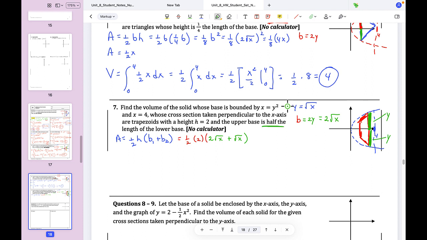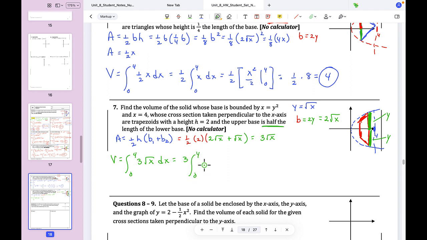Okay, let me just double check myself now. 1/2 the height is 2. Okay, base 1, so from here to here is y, so I need 2y. Y is the square root of x, so it's 2 square root of x. Base 2 is half of that. Okay, so we're looking at 1, so that's just going to be 3 square root of x. Okay, so my volume is the integral from 0 to 4, 3 square root of x dx,